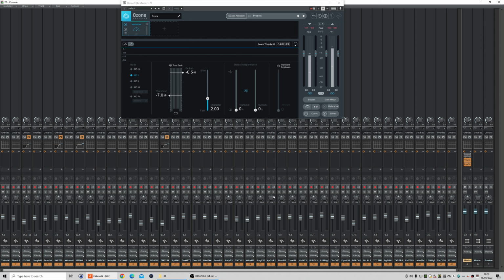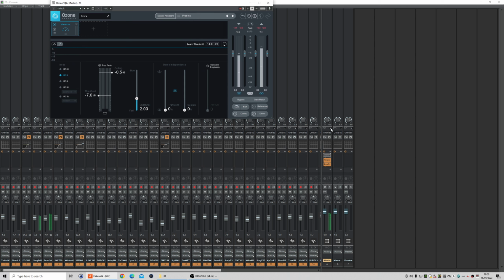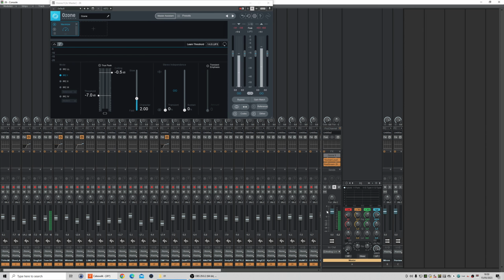You can't start high, so you have to pull the faders down a few dBs and then start gradually taking things up, and you end up then with, let me just play this. Yeah, I mean, you can see this master fader here now. It's quite low in volume,